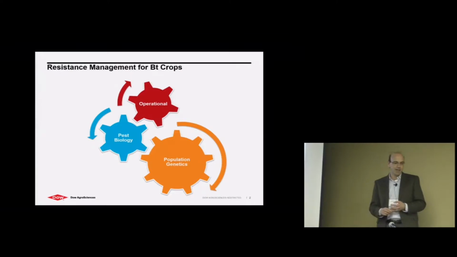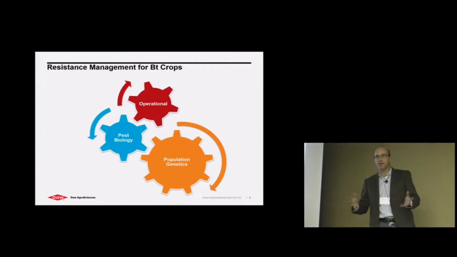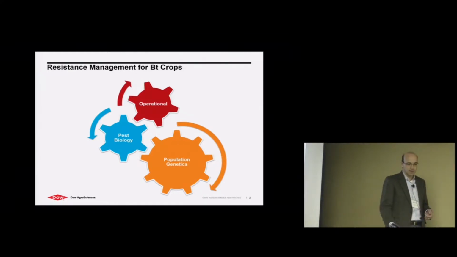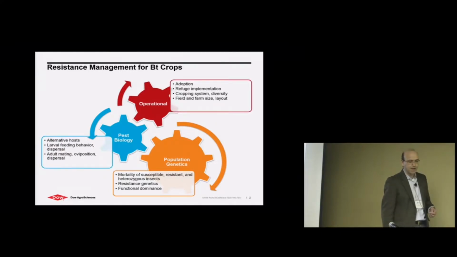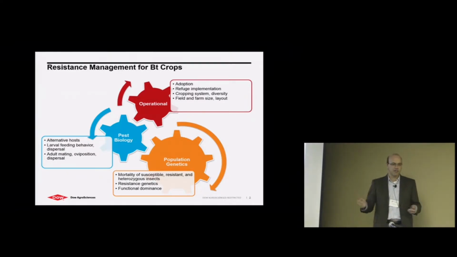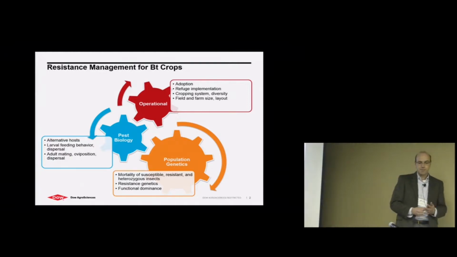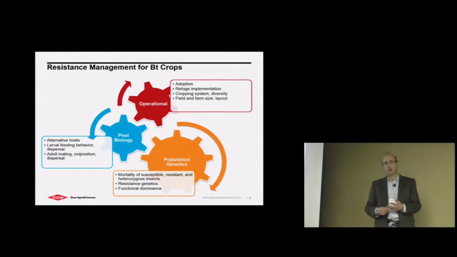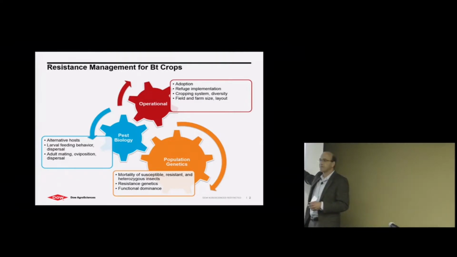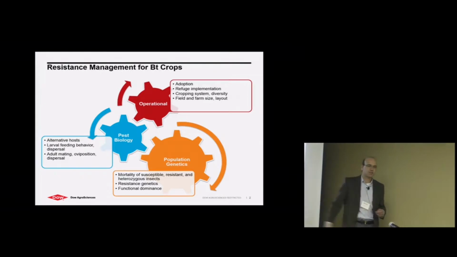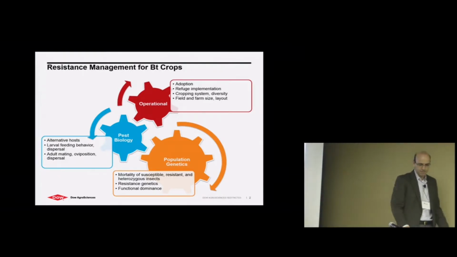We're all familiar, I think. This is a complex system that we're modeling, many moving parts: how we use the products, the genetics of resistance, and then the pest biology, and we've seen a lot of parameters today that relate to these things, but particularly around adoption, refuge implementation, cropping system and diversity, field and farm layout. We haven't really touched on those yet, so I want to try and introduce some of that as we go